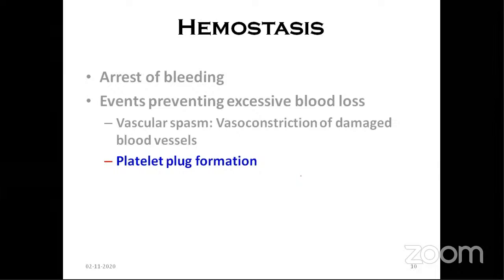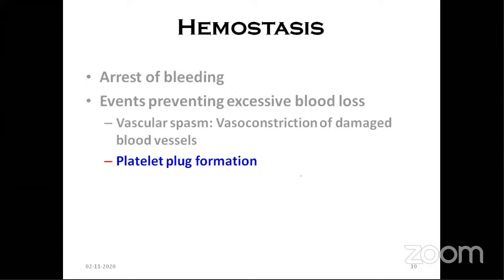See, while the vasoconstriction is already initiated, the platelets are also attracted to the site of the injury by the chemicals which are released by the damaged platelets, and they come and adhere or attach themselves to the blood vessel wall at the site of injury, and they form what is called a platelet plug. This is called the primary hemostatic plug.